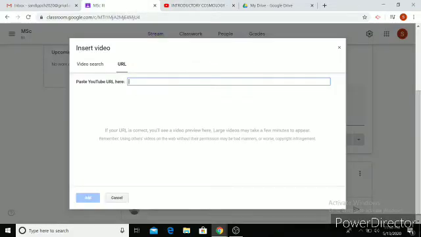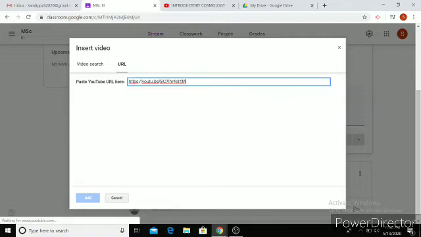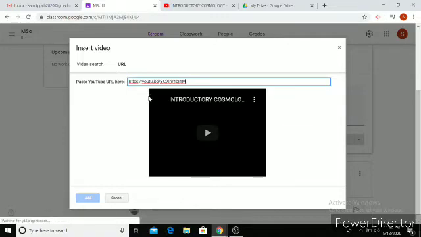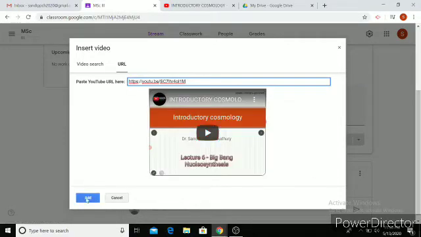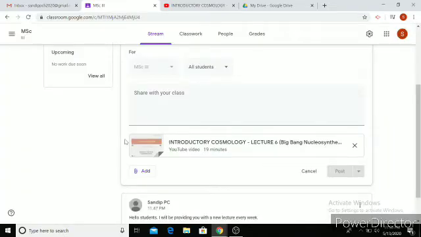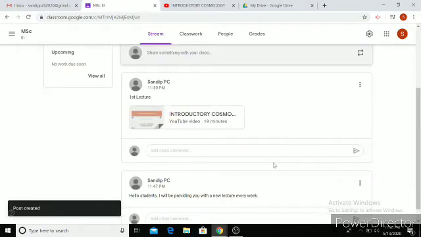Go to your classroom. In the URL section, you can put in the URL, and then it's basically going to get resolved, and you are going to get this, and then you can put an add button here. You can click the add button, and then you can just type in here first lecture, and then you can basically post it, and then you have it posted here. Then whenever your student comes to the classroom, they are going to see that this lecture has been posted, and then they can go on with their lessons.